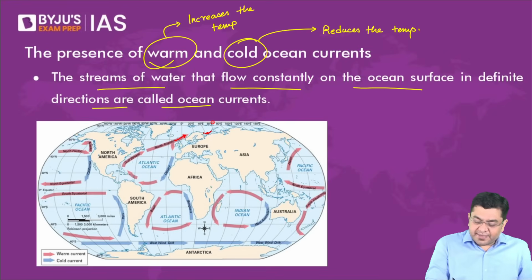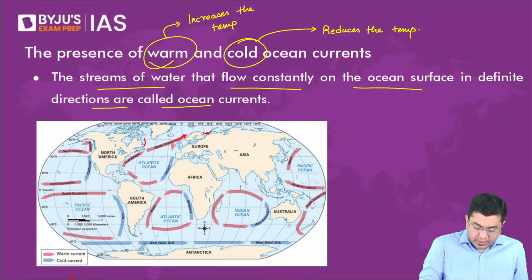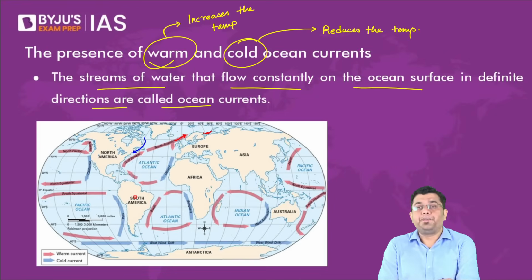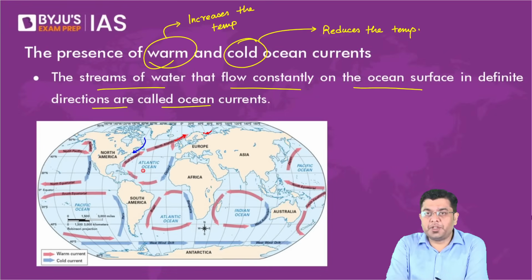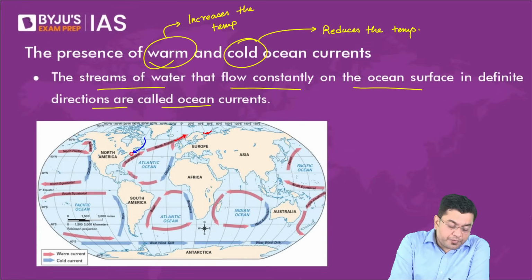Then another example is the presence of a cold ocean current in this region, which is named the Labrador Current. While the Labrador Current sometimes mixes significantly with the Gulf Stream, some amount of that cold water enters here,